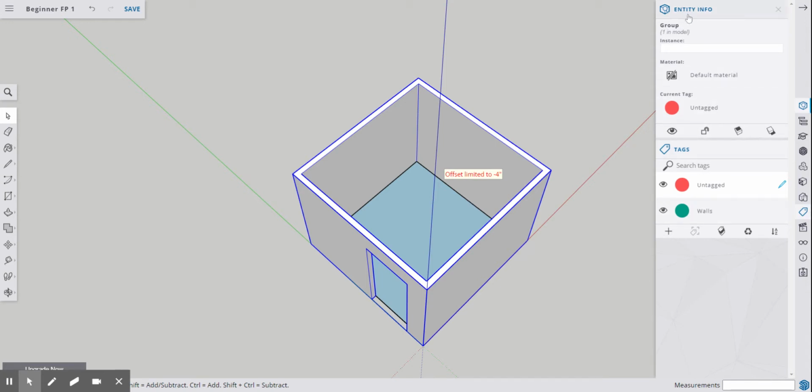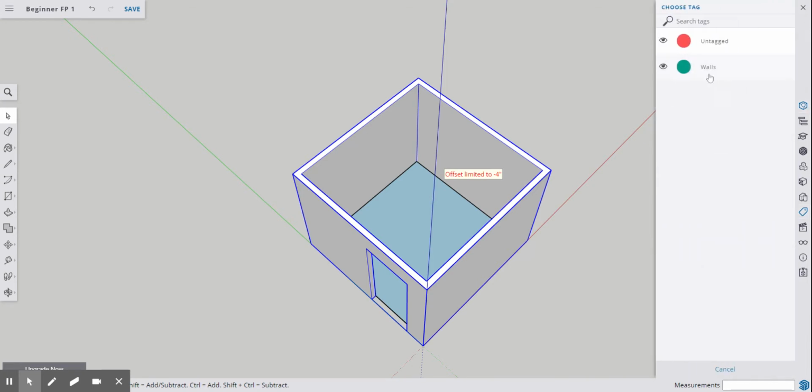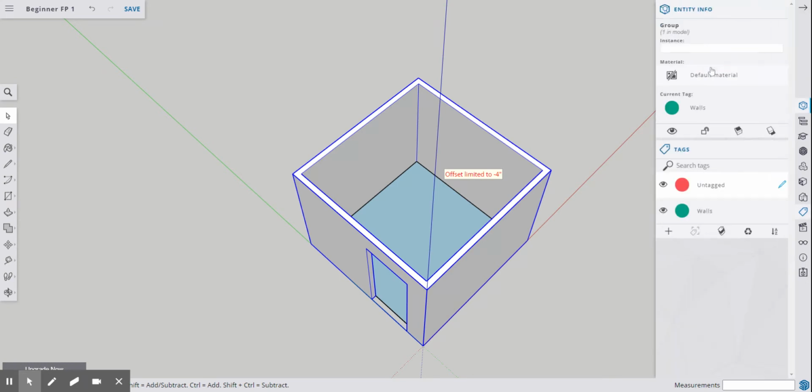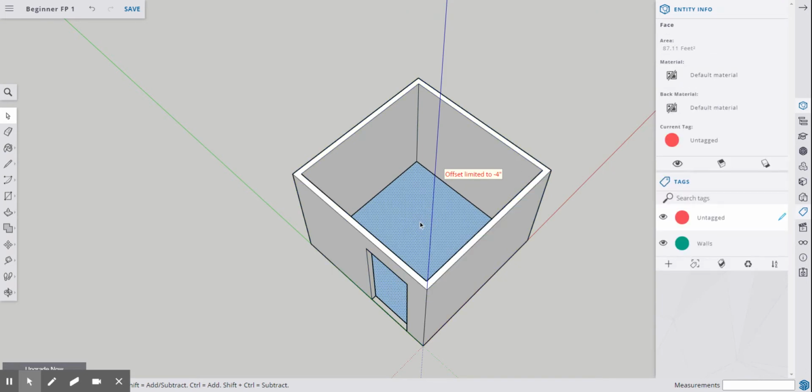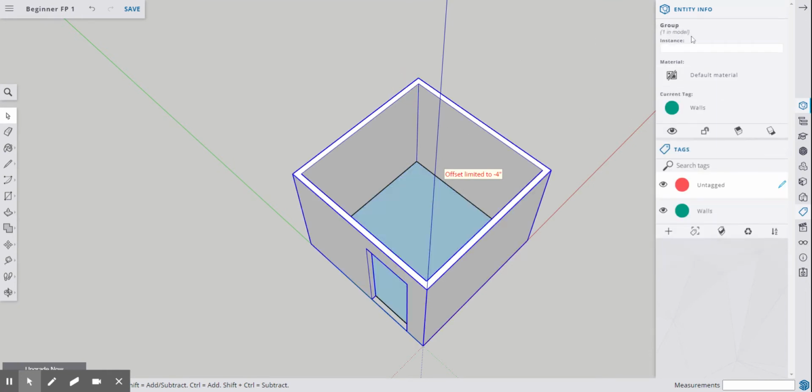Now I can come back up to the entity info of this item that we had clicked, and the current tag, it says it's untagged. I'm just going to click it and put it under the walls. So now if I click the flooring over here, you can see that it's an untagged material. But if I click this back over here, you could see that it's a group, one item in the group,